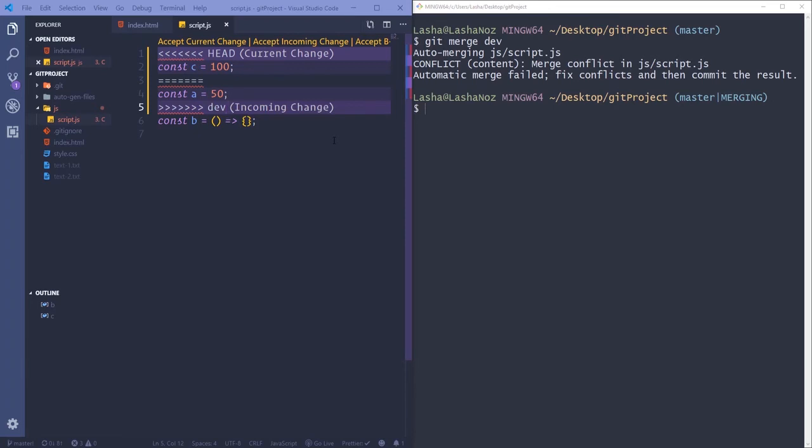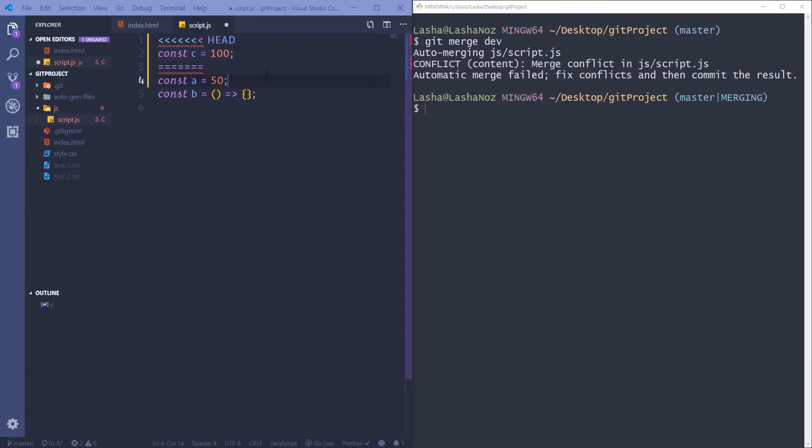Then Git was not able to decide which version of the code to keep, and therefore the conflict has arisen. So now it displays both versions of the code, and we just need to choose which one is appropriate for us. In order to solve this conflict, we just need to edit this code manually. First of all, I'm going to delete those lines which are added by Git,